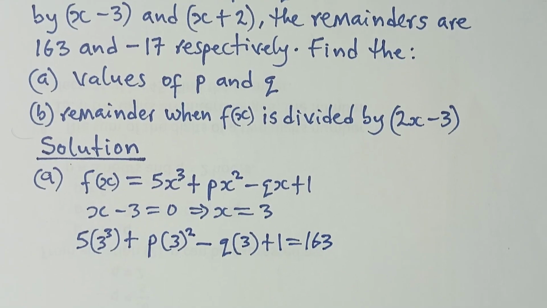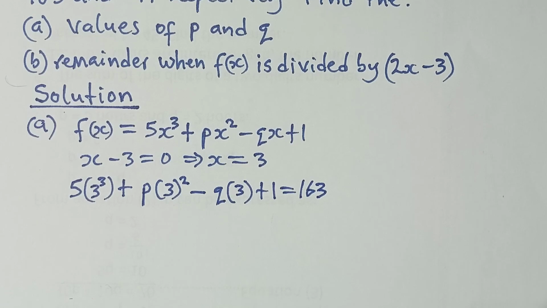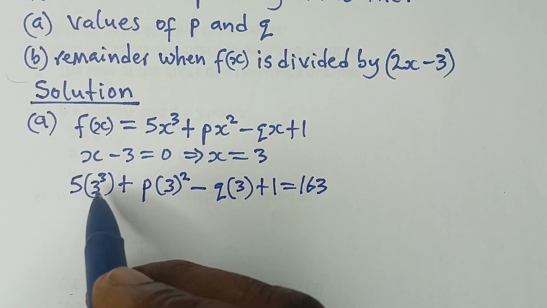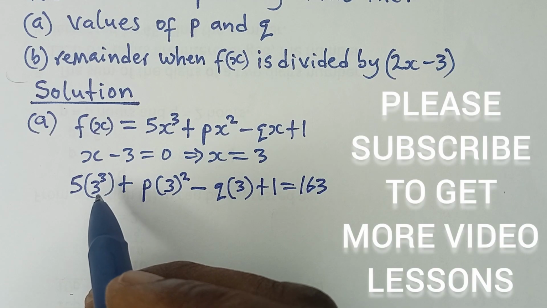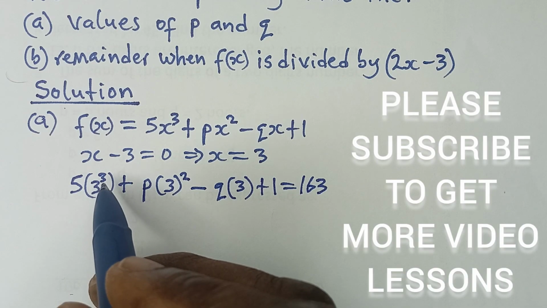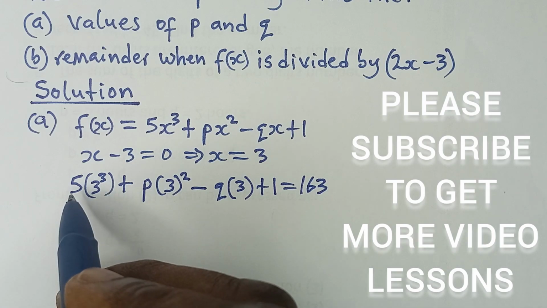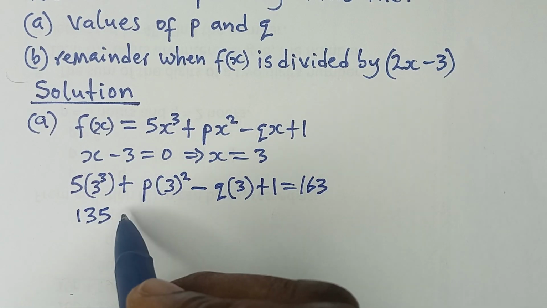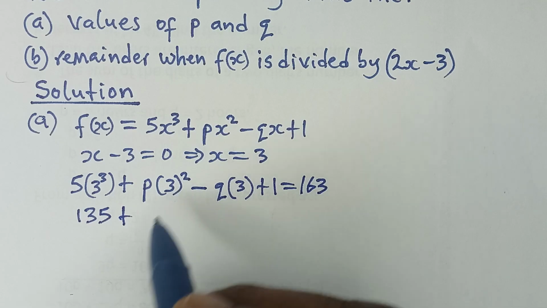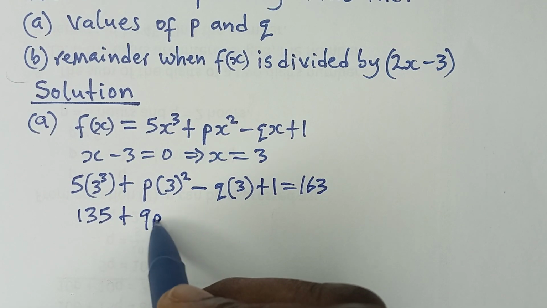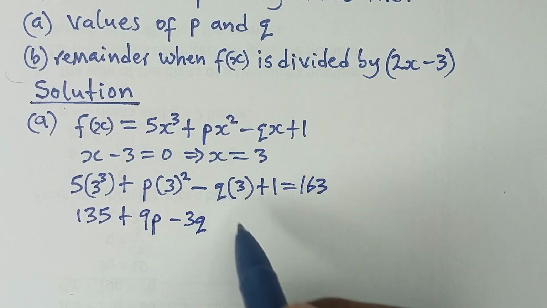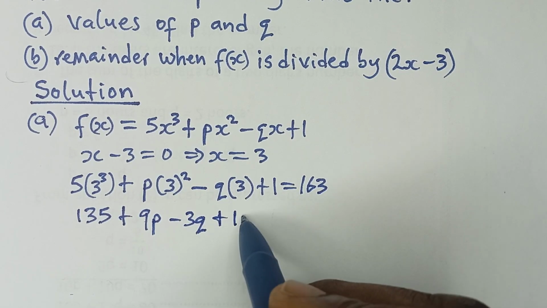So when we do this, we have to simplify further now so that we can obtain an equation in p and q. So 3 raised to power 3 is 27. That is 3 multiplied by itself 3 times is going to give us 27. Then 27 multiplied by 5 will give us 135. And then plus 3 squared is 9. So multiplied by p, I have 9p. And then minus 3q, when 3 multiplies the q there, and then plus 1. And that should be equal to